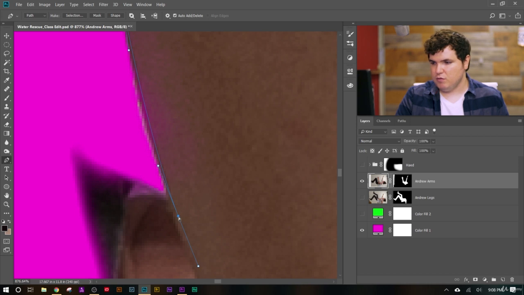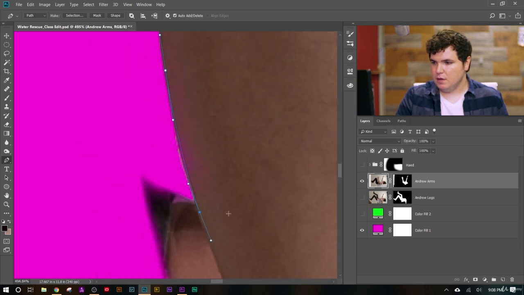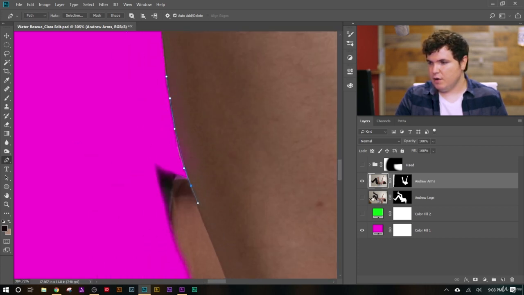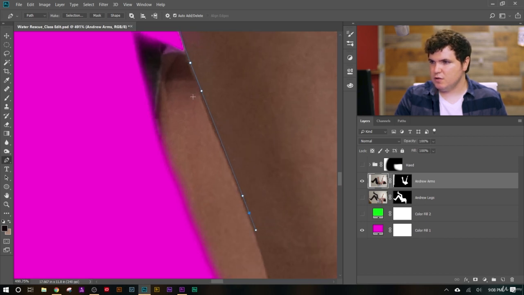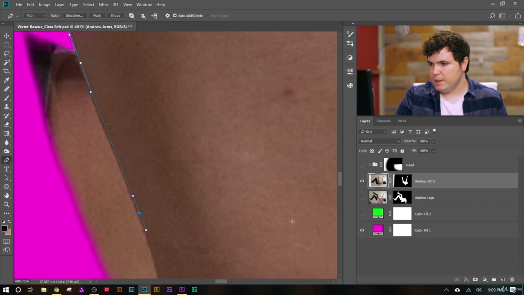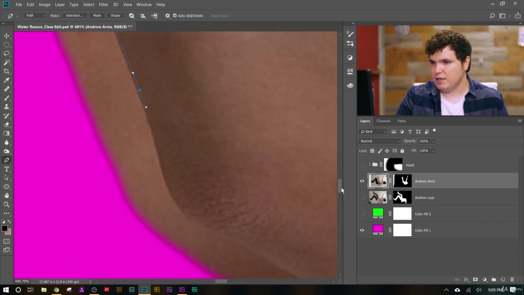So now if I want to move this point, I can hold Control and then click and drag this point around. And now from there, I want to keep going. So I'll scroll down here, make another point down here, drag it out a little bit. And remember, you always want to go towards the inside of your selection. So maybe here I went too far inside. But you want to be a few pixels on the inside of the subject you're masking out because you don't